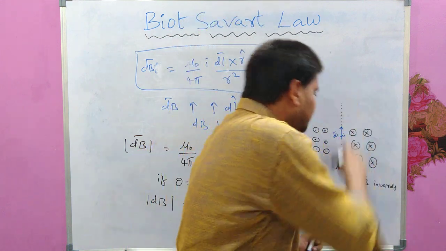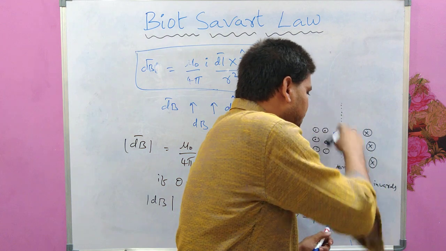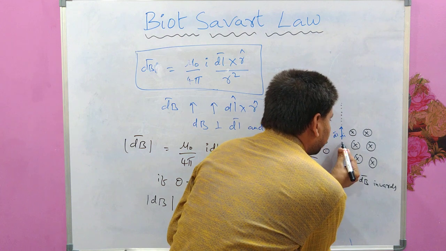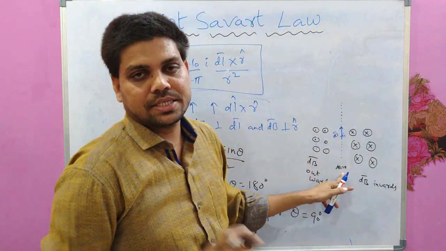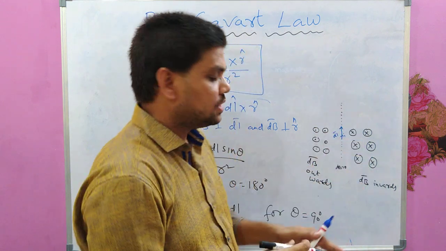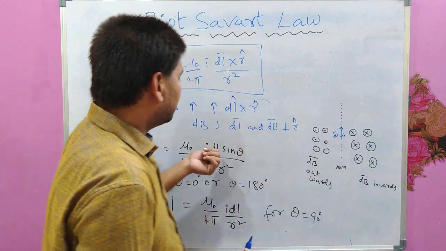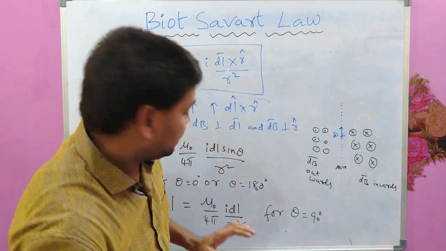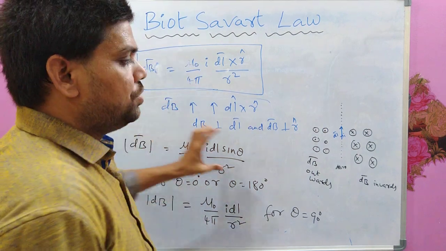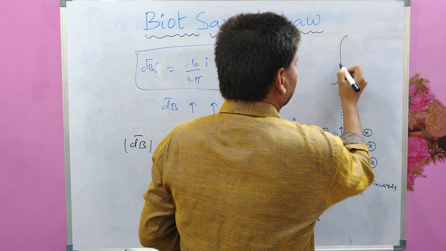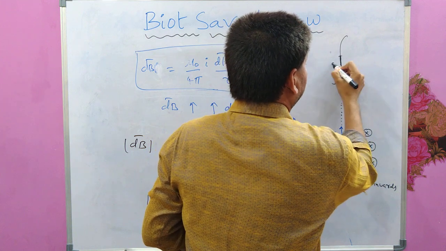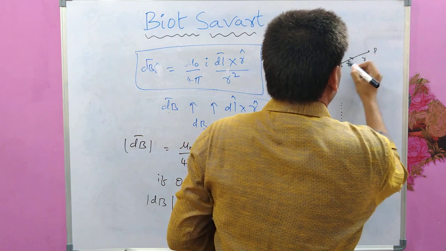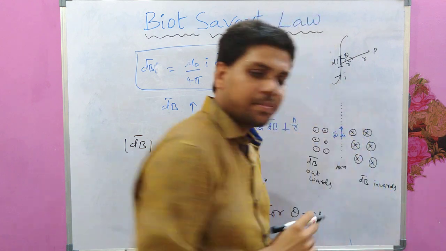And on the line, in the plane of this line, current element or length element, at every point, the magnetic field would vanish. There is no magnetic field on these points, because in that case the angle between dl and r cap would become 0 or 180 degrees. And this is the magnetic field produced by a small element considered from a current carrying wire. Actually, this is r cap and this is r, this is theta, some I is flowing.